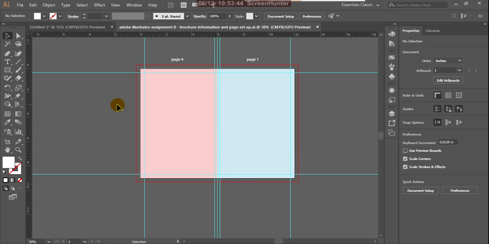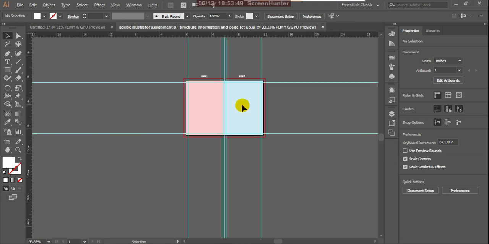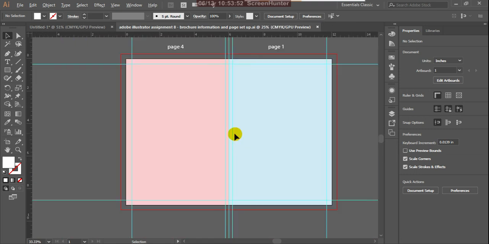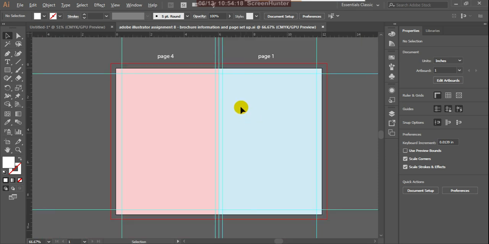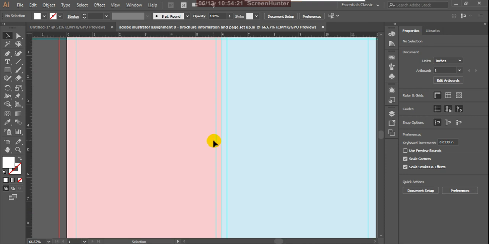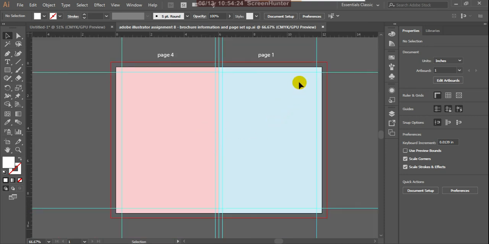So this is a simple brochure information. Before planning any brochure, first you have to gather your reference material supplied by the client. The client will supply all the information like pictures, copy matter and logos. He'll provide them. So here we are using all the reference material, so we have to gather those.